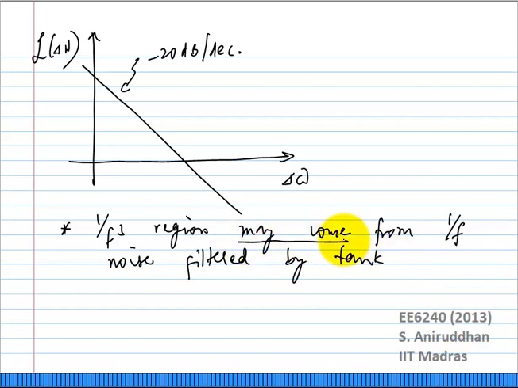Now I should underline this, may come from. The reason is this. We need to look at this a little bit closely. We are saying 1 over f noise can maybe be filtered by the tank to give you 1 over f cubed. In which region do you see 1 over f noise for a transistor? At very low frequencies. If I take a transistor, I'll probably see 1 over f noise for a few tens of megahertz, or if you take a transistor with a very small length, you may see it up to maybe hundreds of megahertz. But if I build an oscillator at 4 gigahertz, I should see very little contribution from 1 over f noise, because what we are talking about is